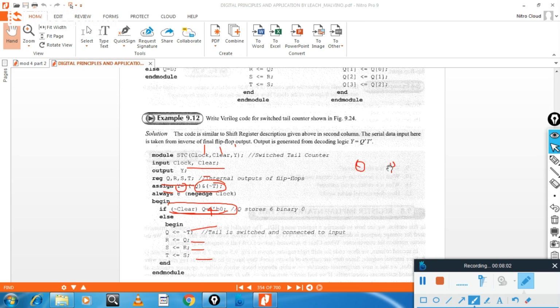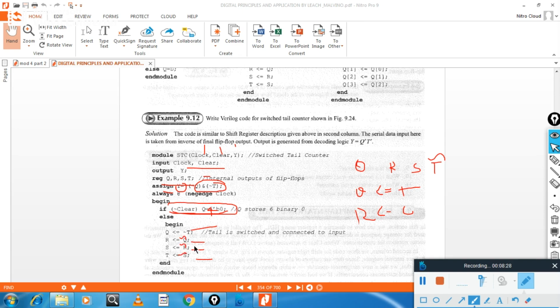Q, R, S, T. In this case, Q is less than or equal to the complement of T, tail counter, right? R is less than or equal to Q. S is less than or equal to R. T is less than or equal to S. Some students will not mention this complement. Some students will put complement on all.